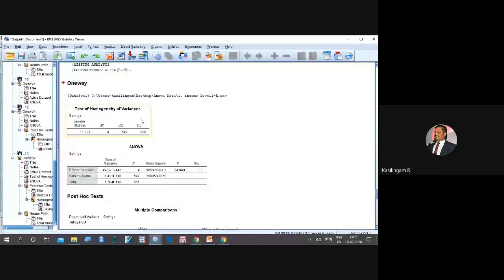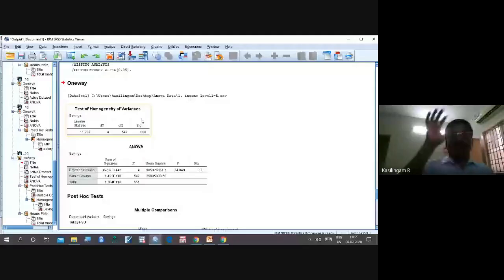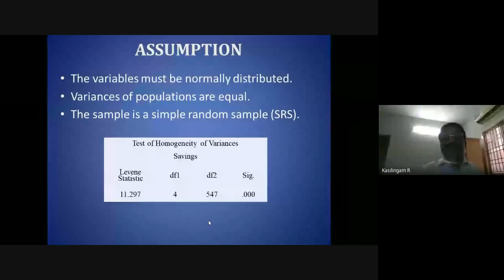Now, as usual, we have to see the significant value. Here the significant value is 0.00. Now we need to know what the null hypothesis is. Let me tell one common piece of information.